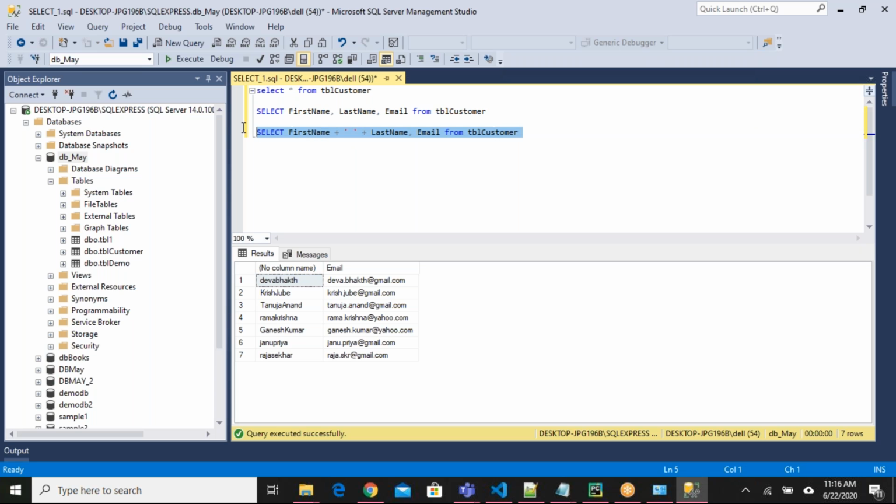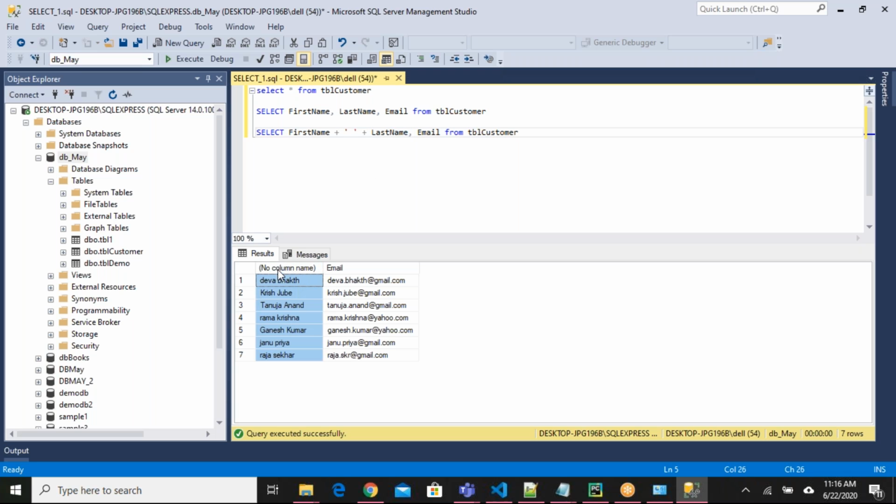If I execute this query, see here, Deva Bhakta, Krish, Jupe, Tanuja, Anand, like that. I'm getting space separated first name and last name as the same column. So if you want to perform some concatenation or some operations like this, yes, you are allowed to do.